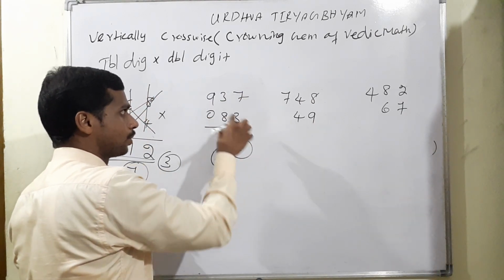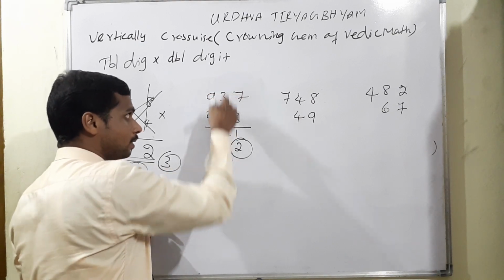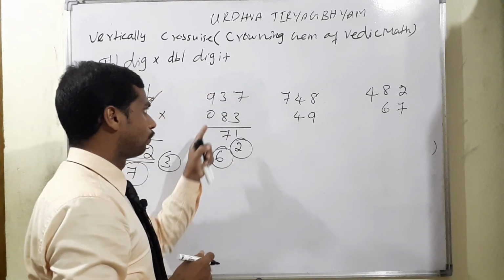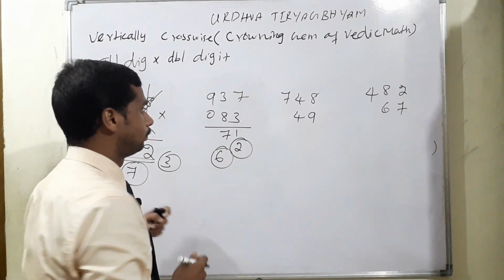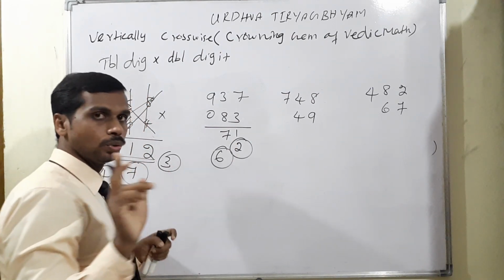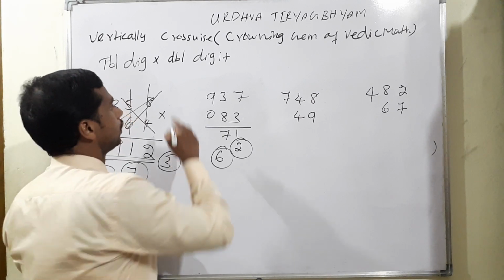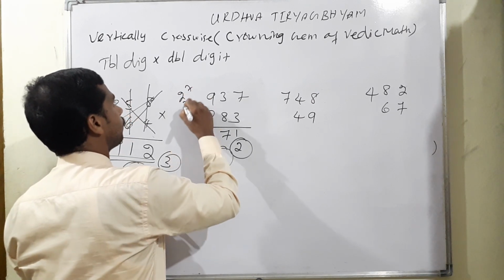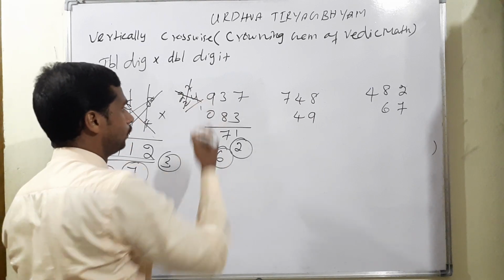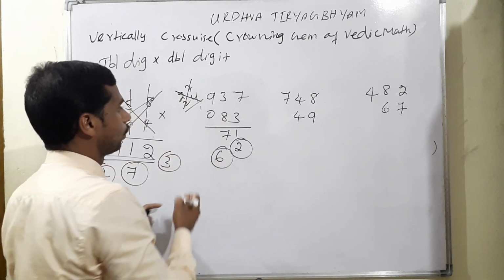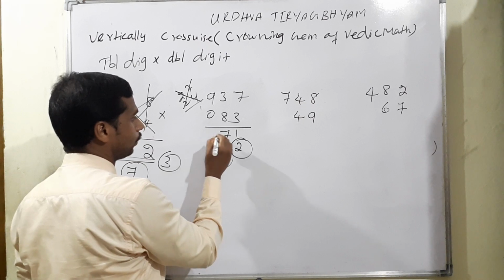So 7 into 0 is 0. But the middle term is there now. 3 8s are 24. Therefore, 27 plus 24 is equal to 51. Listen very carefully. Correct, no? 27 plus 24, definitely 51. Yeah, it's correct. Now 51, already carry 6 is there. Therefore, 51 plus 6 is equal to 57.